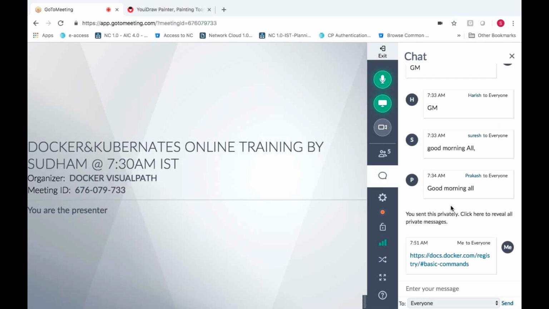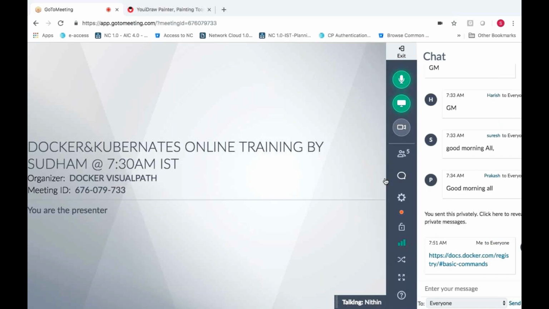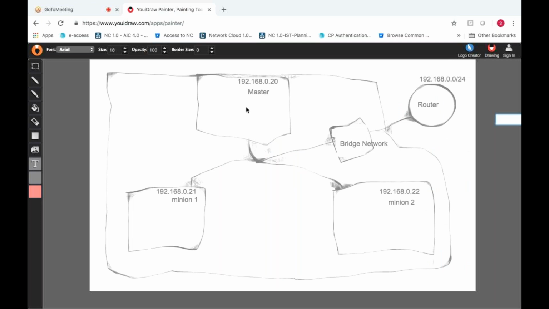So how are we setting up, is it a minion or is it master? Yeah, that is our responsibility. We need to see how we are identifying a master and a slave. In the sense, whichever node you initiate first, that is called the master, right? Whichever node you add with the token is called the slave node.